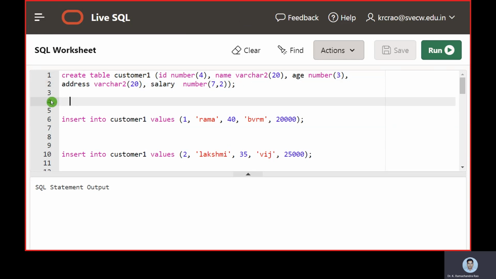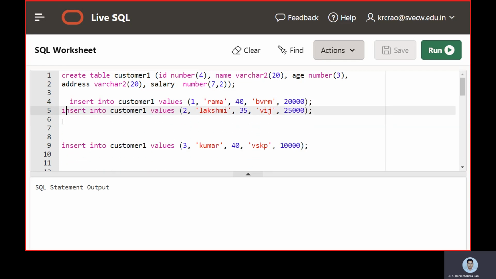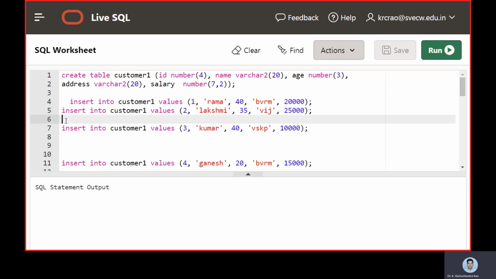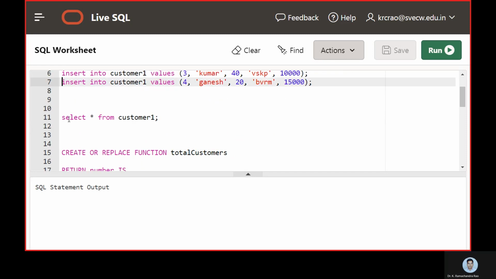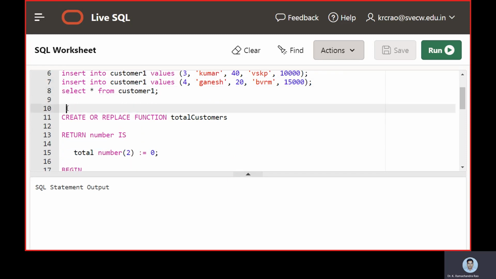Table was created. Then we are taking up 4 insert commands, and we will display the customer table, that is business.